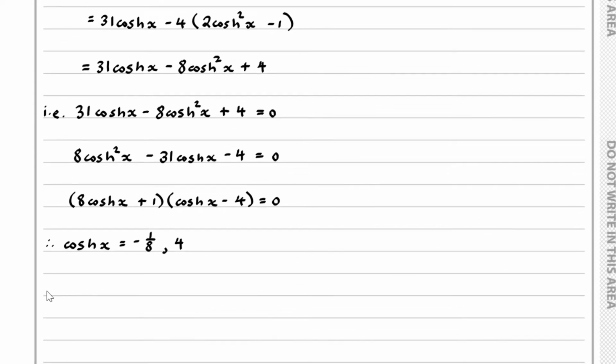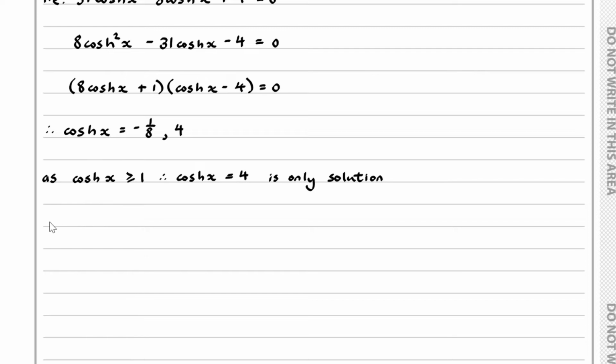Now, as by definition hyperbolic cosine x is greater than or equal to 1, we can therefore conclude that hyperbolic cosine x equals 4 is the only solution. So now we need to solve for x. You can see here x is equal to the inverse hyperbolic cosine of 4, and if you go to the formula book